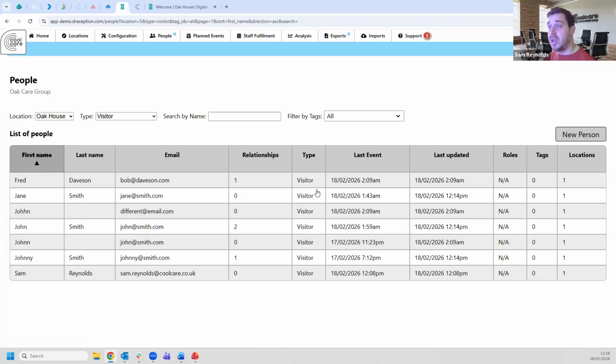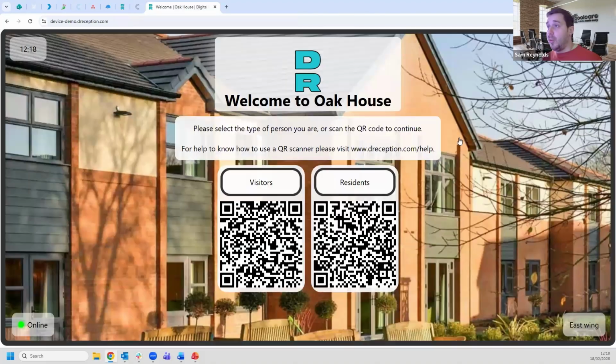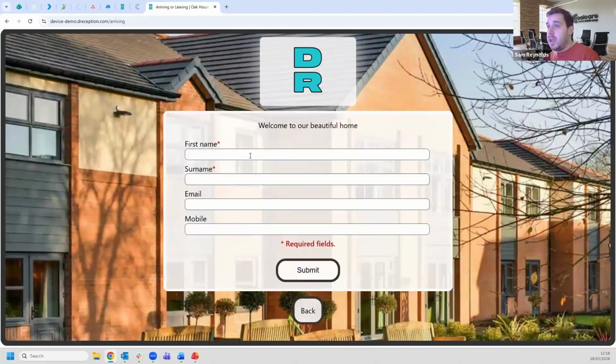And that just keeps the details easy for you to find. And with that people list as well, once there is someone in the people list, they can then be recognized. Essentially, if they are a regular visitor, it can recognize them the next time they arrive. So if I actually went to arrive again in this home here,